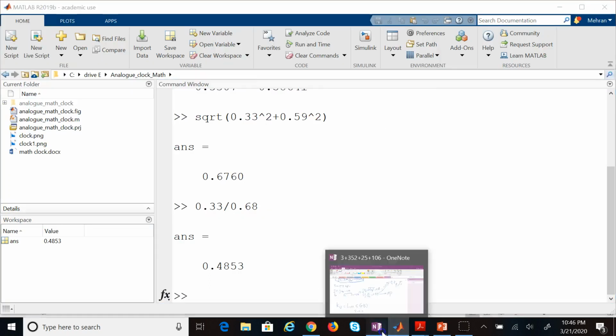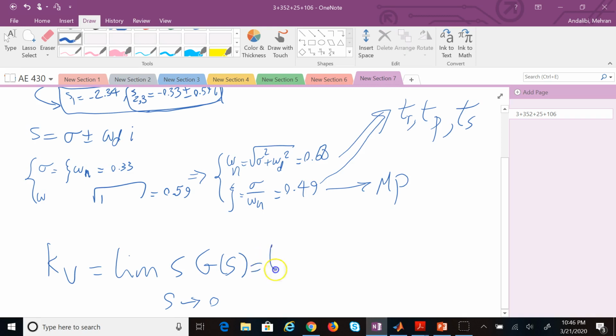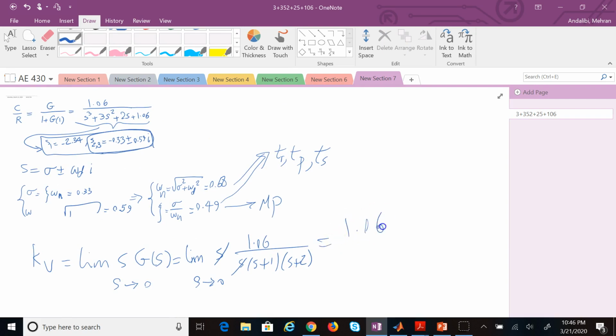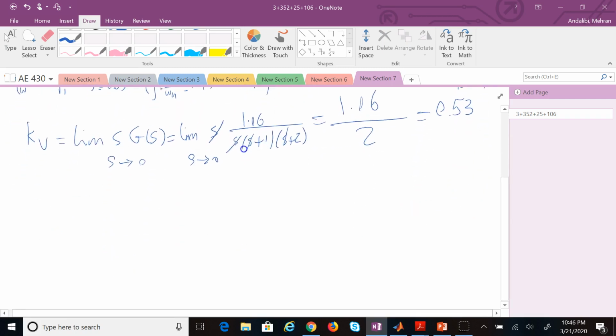So it is going to be the limit of s times 1.06 times s plus 1, s plus 2 as s goes to 0. This one would cancel, and you are going to get 1.06. Plug in 0 here and here. These two would disappear. It's 2, so you're going to get 0.53 seconds inverse. So that is the kV of the original system, which we don't like,